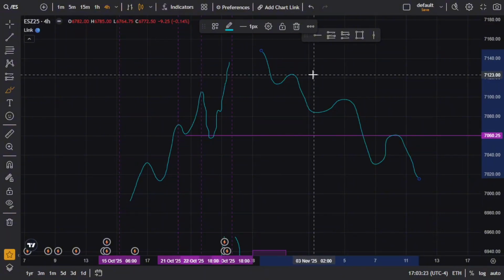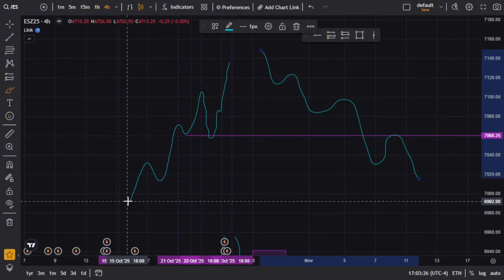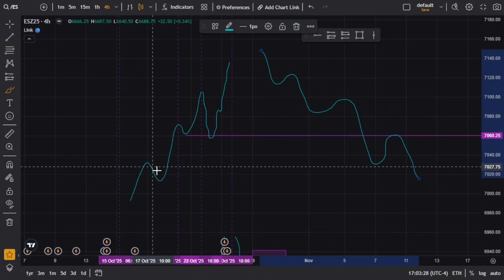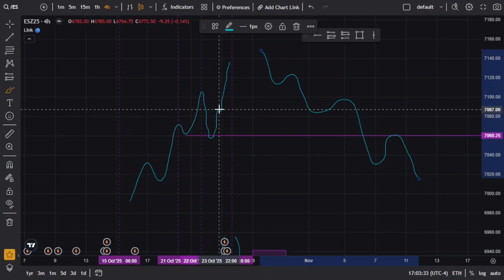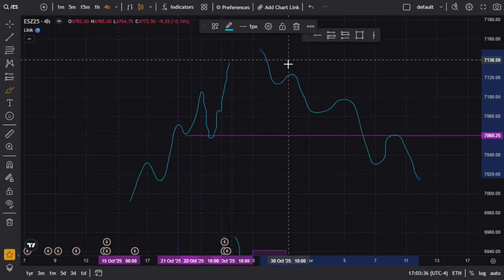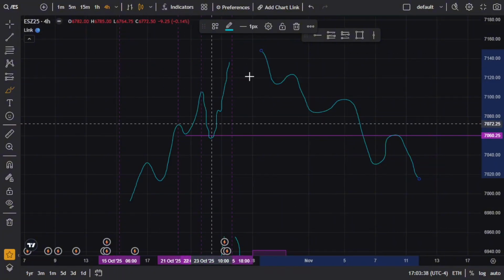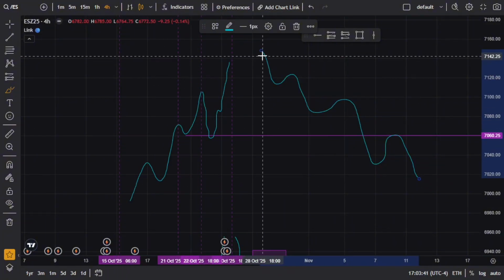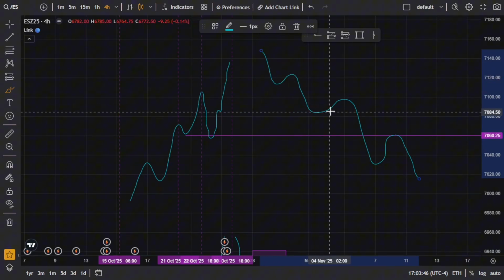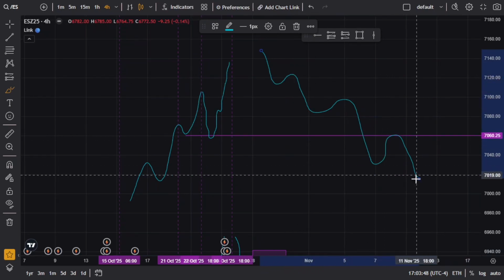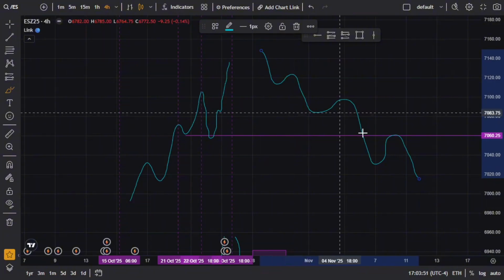If you don't know what a trend is, a trend consists of higher highs, higher lows, higher highs, higher lows, higher highs, higher lows, higher highs, etc. Just going up in that upward direction. That is an uptrend because we are moving up. A downtrend is lower low, lower high, lower low, lower high, lower low, lower high, lower low. That is our downtrend because we're moving down.